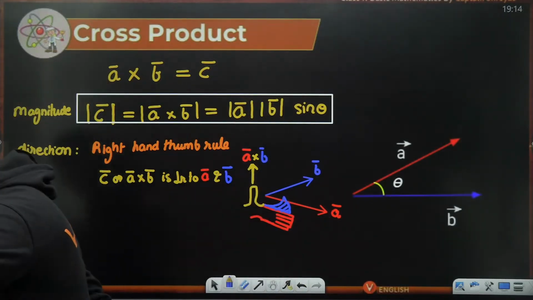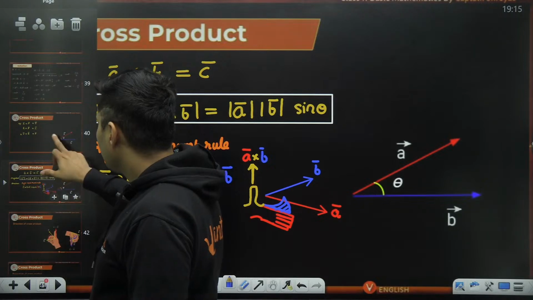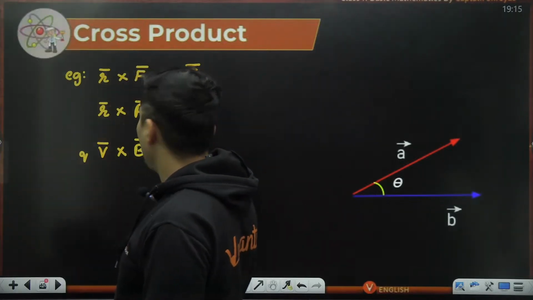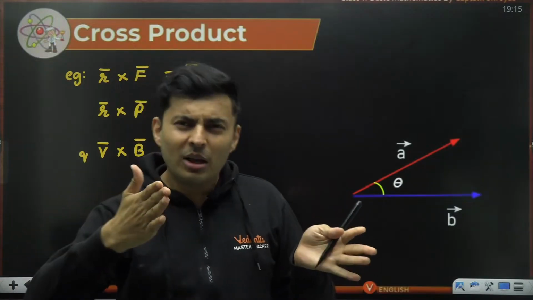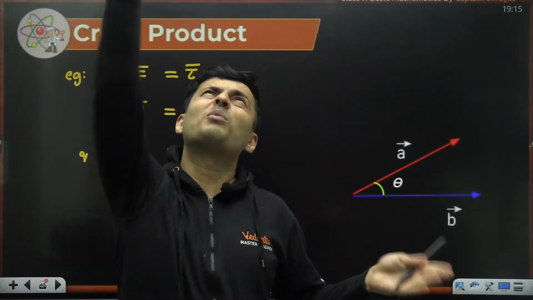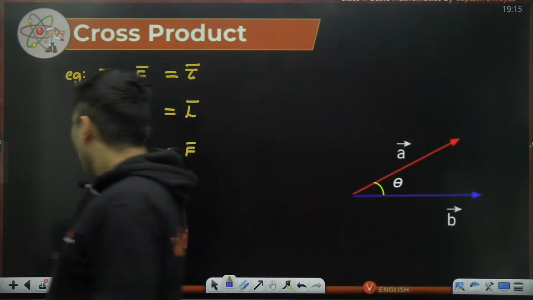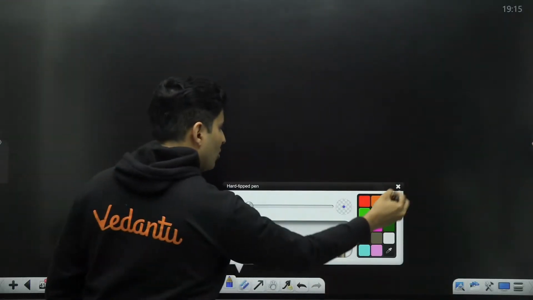Sir, why is the vector perpendicular to the plane of the two vectors in the cross product, and what does it mean? Okay, see, when you get, sir, the vector is perpendicular to the plane, sir, how did it even happen? Like R was here, sir, F was here, you are saying R cross F is here? Oh my God. So what happens is, in reality, there are many such quantities in circular motion and other times that